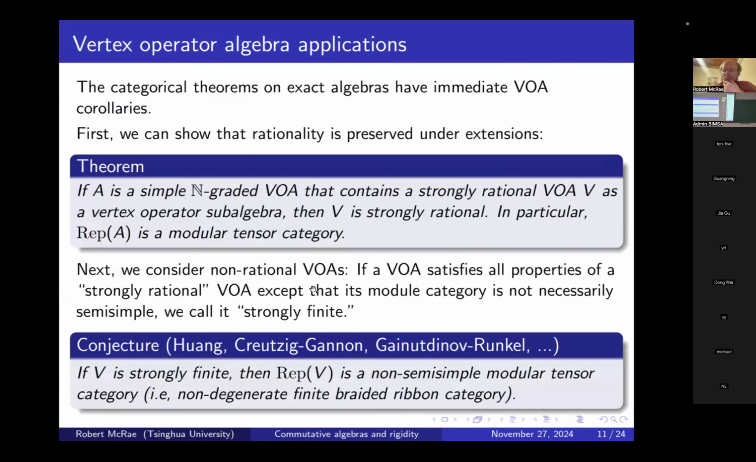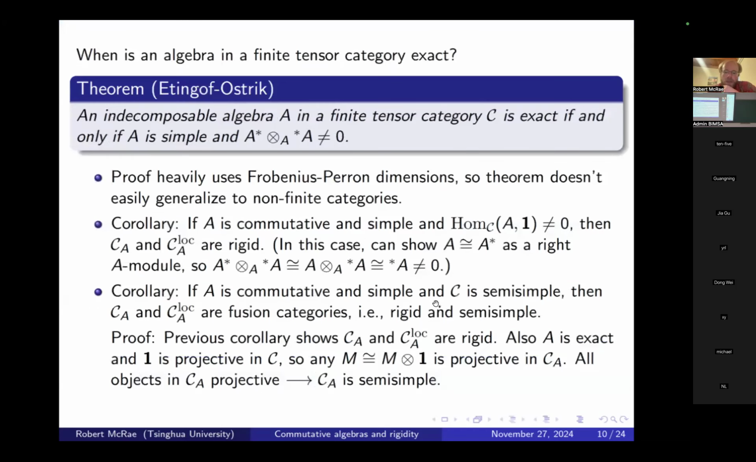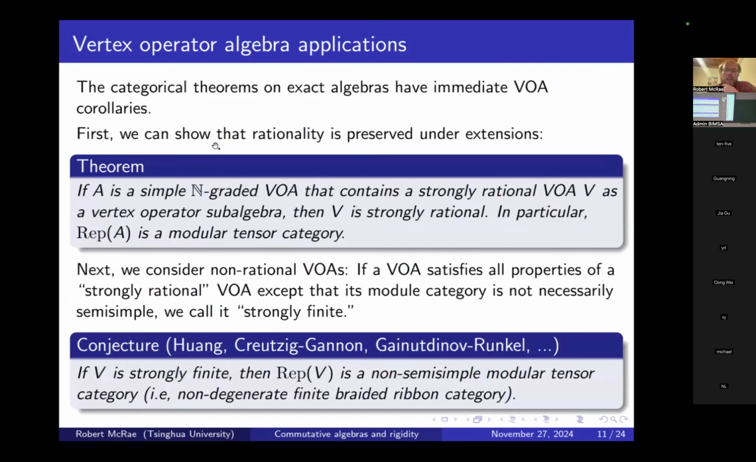Okay, and then let me say a little bit about VOA applications of all this. So, this last corollary about fusion categories that I gave essentially immediately gives you this nice VOA theorem that says that whenever you have a simple n-graded, integer-graded VOA that contains a strongly rational vertex operator subalgebra,